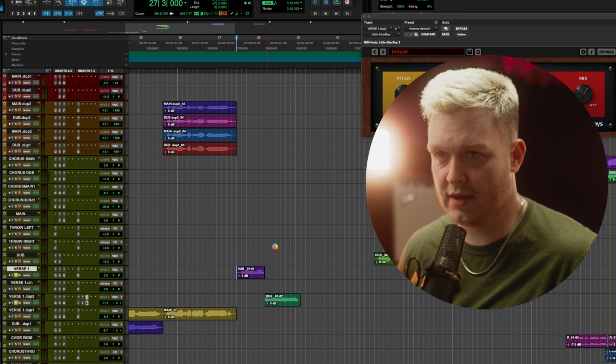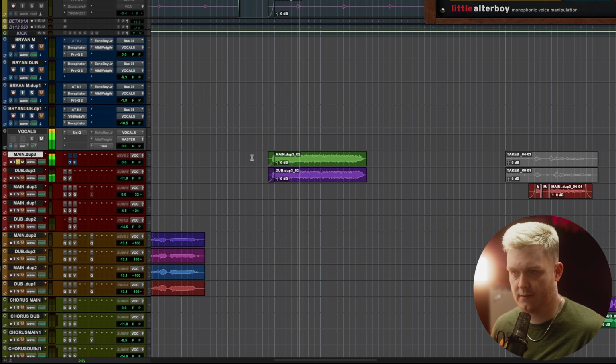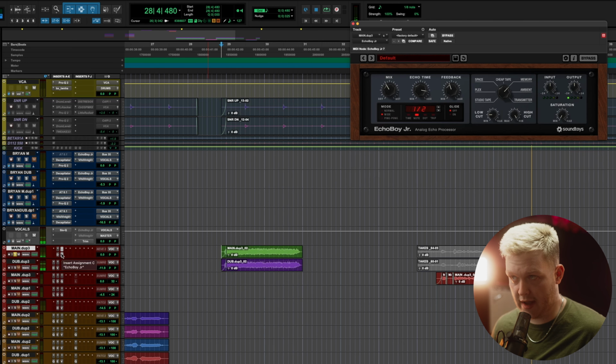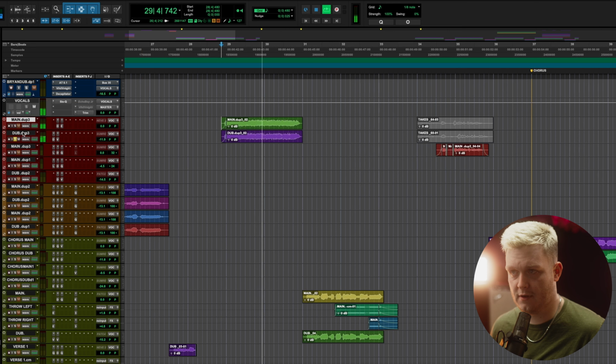Right after that, I scream, yeah, going into the next part. And it's very wet. I wanted this to carry, so here's right out of the vocal chain. Decap hitting hard, always. And then a big old echo boy. I wanted this to carry over these next lines. So the dub, decap again, big reverb, super massive. And together,